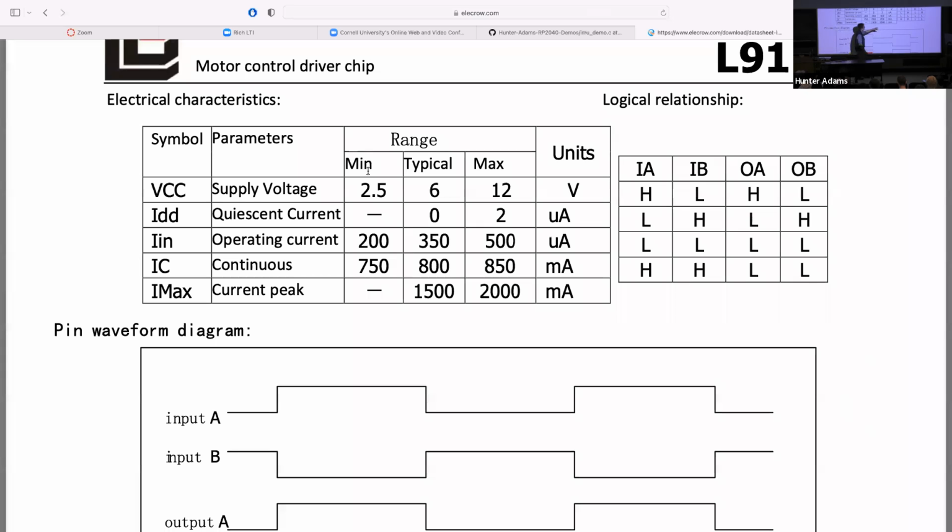And some of this stands to reason. Input A is high and input B is low: output A is high and output B is low, which is to say the motor's turning in one of the directions. If we swap which of the inputs is low and high, the outputs also swap. The motor turns in the opposite direction. If both the inputs are low, clearly the motor doesn't turn, but the outputs are low.